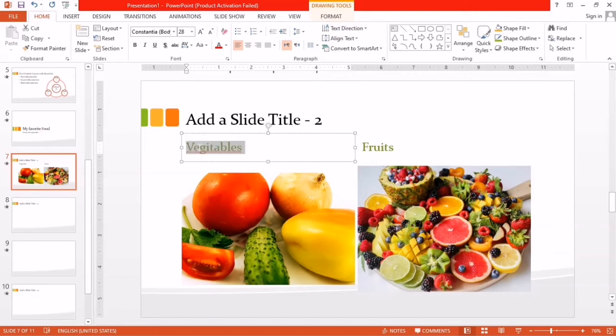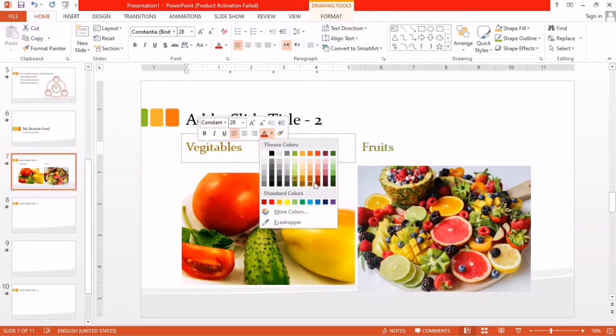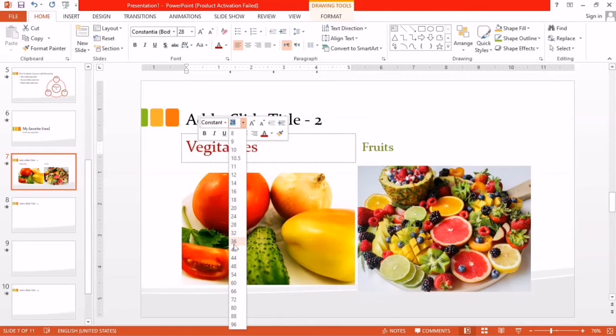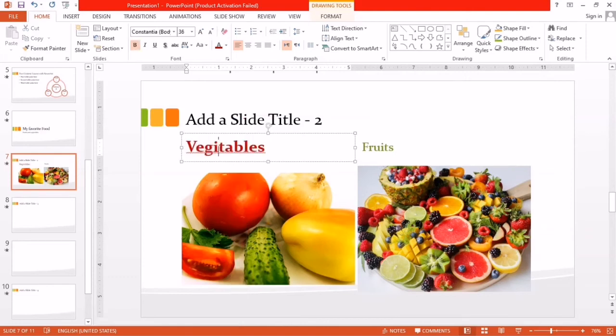If you want to change the color of this, only select this, and here you can see Color. Whichever color you want, like this one. And if you want to increase the size of this, increase it a little bit, like 36. And if you want to bold this, it becomes bold.